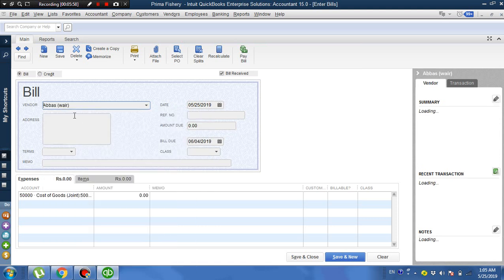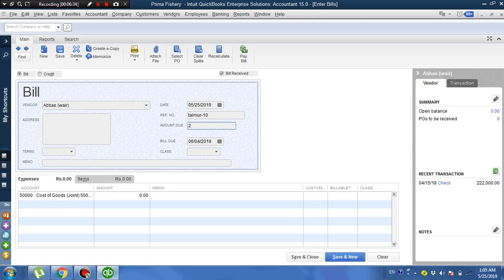For example, from this vendor we bought a shilling wire, a wire with which a winch machine pulls the net. Let's say we can give a reference number, Taimur 10,